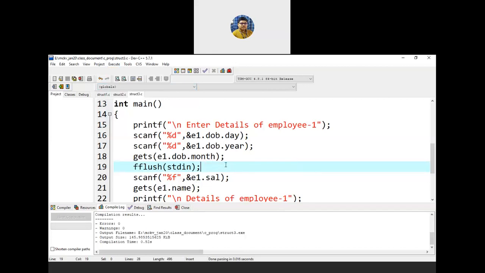This much works fine. It's taking input e1.dob.month. But when I'm trying to put